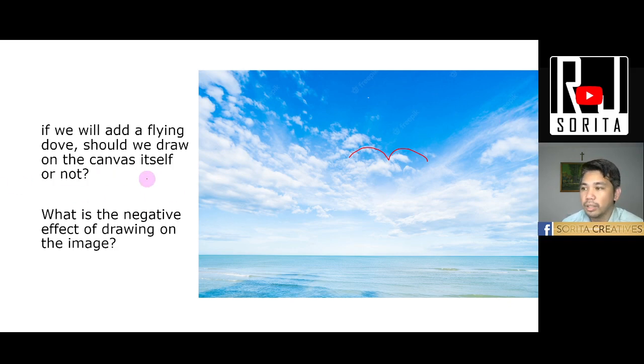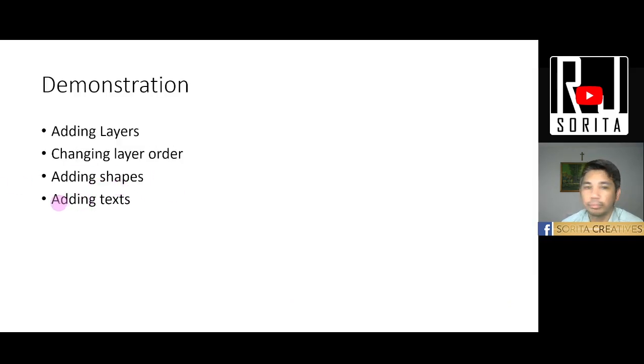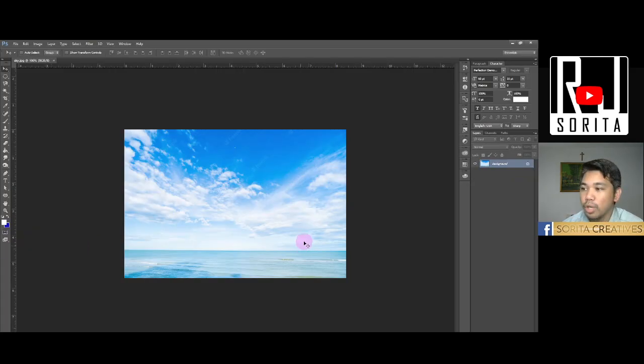So let me show you a demonstration on how to add layers. I have Photoshop here. I've already preloaded the sky. On the left side, you look for the panel called layers. So you will see a thumbnail here of the image, a thumbnail of the sky. To add a layer,